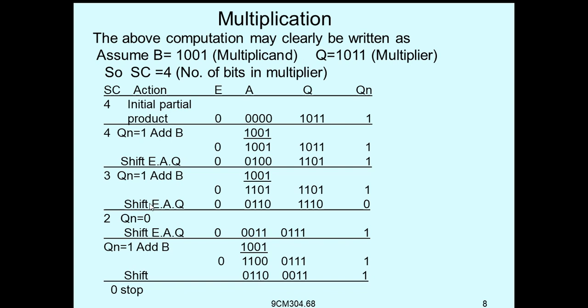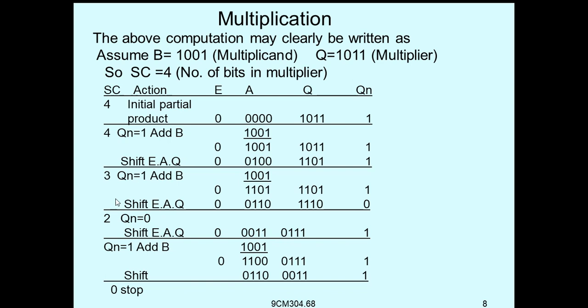So we have to perform the shift right of the EAQ. This is the result. Shift right operation. So 0 here, and this goes on. 0 comes here, and then 1 comes here, and then 1, and then this 1. This 0 double 1, this 0 comes here. Once again E was set to 0. So here this is the result after the shift right operation.